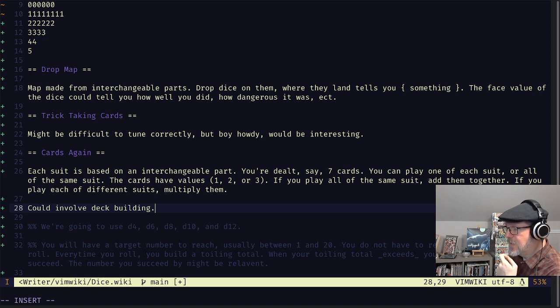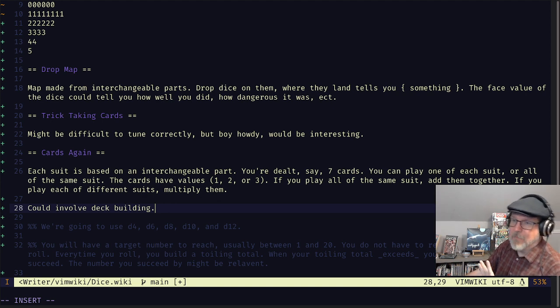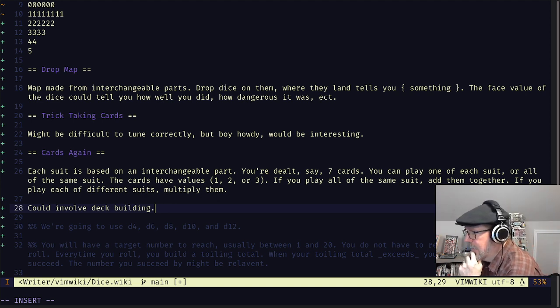Grooving on this. I gotta say, my mind keeps going back to that drop map, though. I think because I associated it with that crayon rubbing. I think it's called Monster Factory. We're gonna have to look that up at some point. I'll share that on Twitter when I figure out what it is.